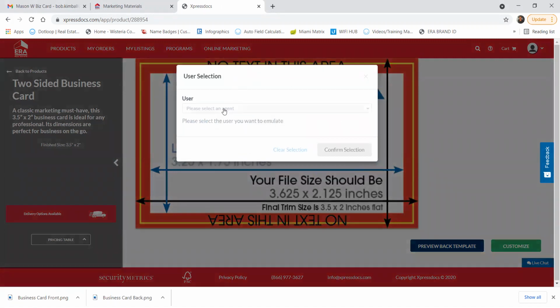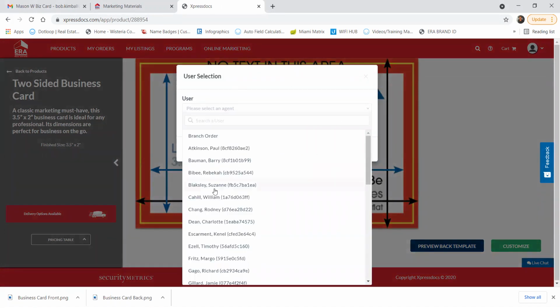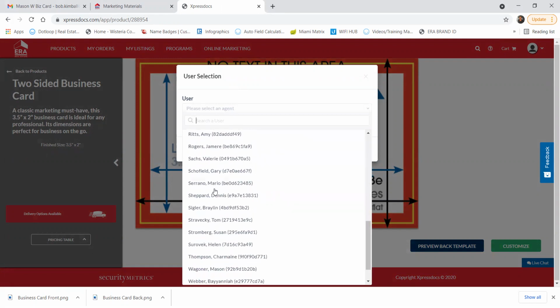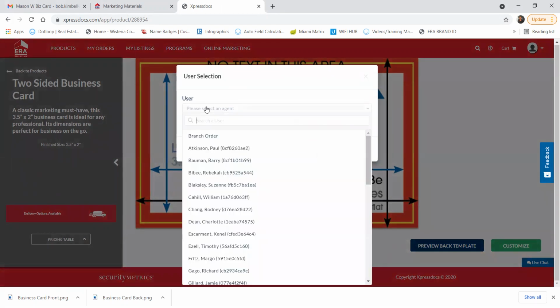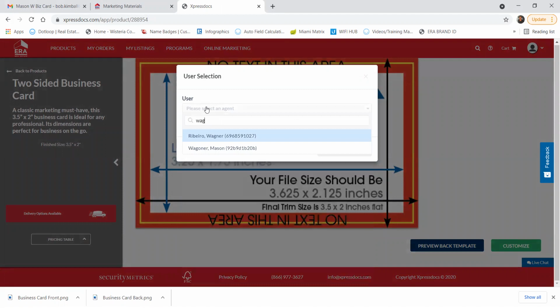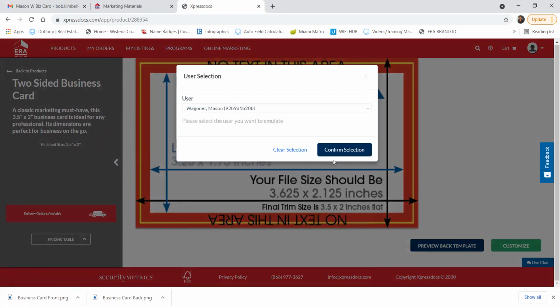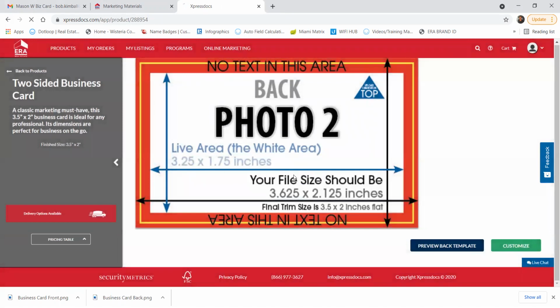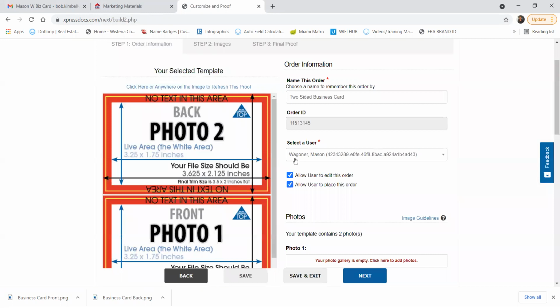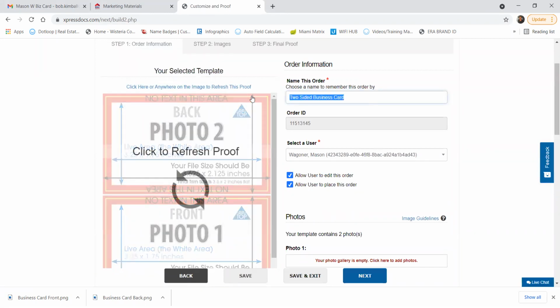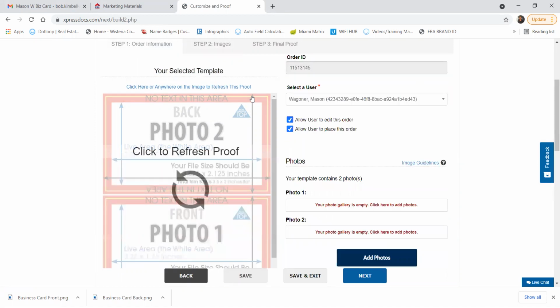You will not see this screen, but I am going to be doing this on behalf of another agent, for Mason. It will bring us to the screen where we upload our stuff. So you can name this order. Two-sided business cards is a little generic. You might want to put in the date or something. So I'm going to put in Wagner biz card,